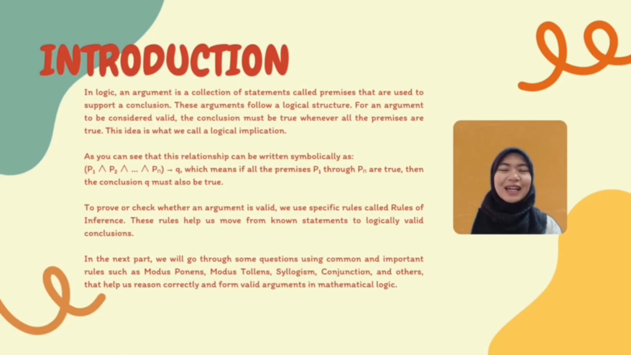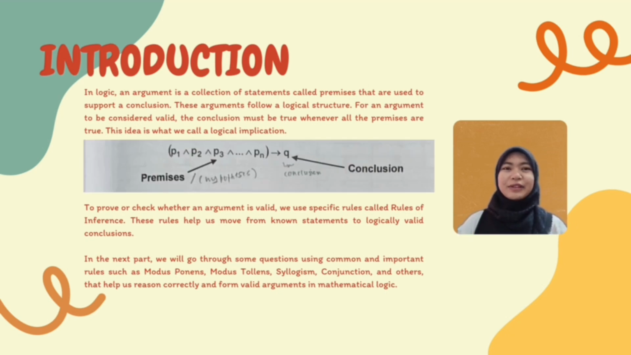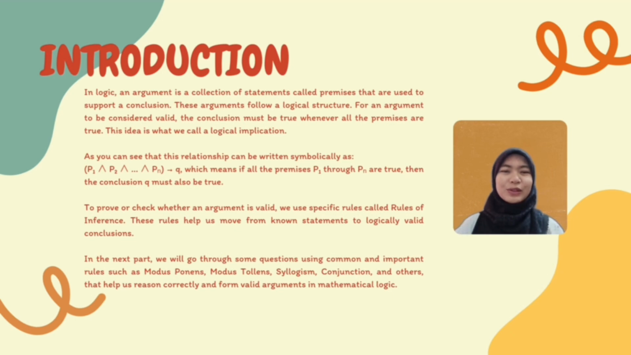In mathematical logic, an argument is a collection of statements called premises that are used to support a conclusion. These arguments follow a logical structure. For an argument to be considered valid, the conclusion must be true whenever all the premises are true. This idea is what we call a logical implication. You can see that this relationship can be written symbolically as P1 and P2 and ... and Pn implies Q, which means if all the premises P1 to Pn are true, then the conclusion Q must